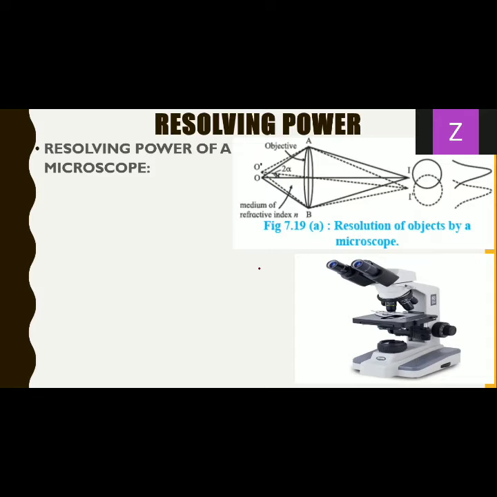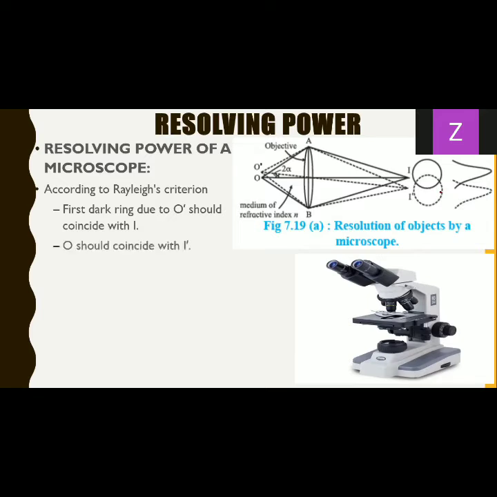Once again, to back up a little bit, what does Rayleigh's criteria say? The first minimum should coincide with the second maximum. So here, as per Rayleigh's criteria, the first dark ring due to O dash should coincide with I, meaning what is formed from O dash should coincide with I, and what is formed from O should coincide with I dash, first with second, and second with first obviously. Okay,